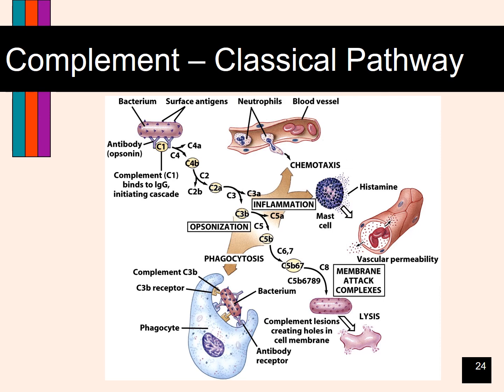That would be what would be causing edema, swelling. And then C5a also sets up a chemotactic gradient for phagocytes to travel toward. There you can see a white blood cell moving through the capillary wall to go to